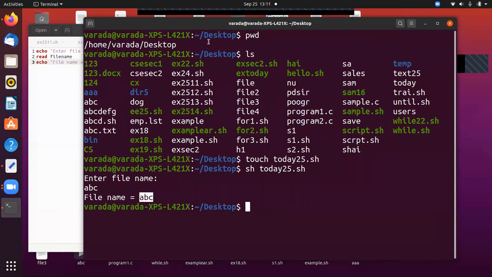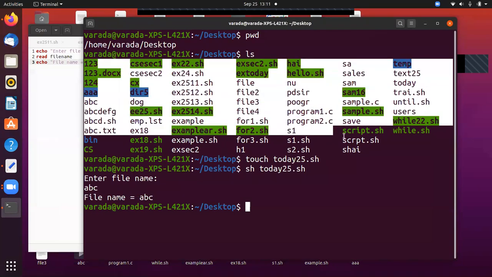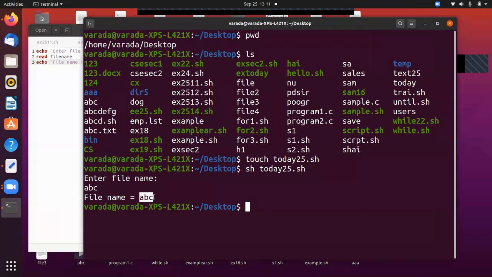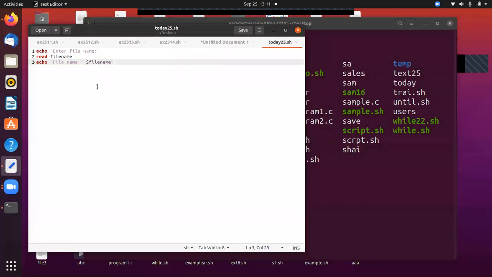Now, what is the program? The program is, we can check in the present working directory whether the file is available or not. Here I entered the file name abc. Now I can check whether this abc file is available or not. If abc is available, then it displays abc file found. How can we find that? By using the if statement.